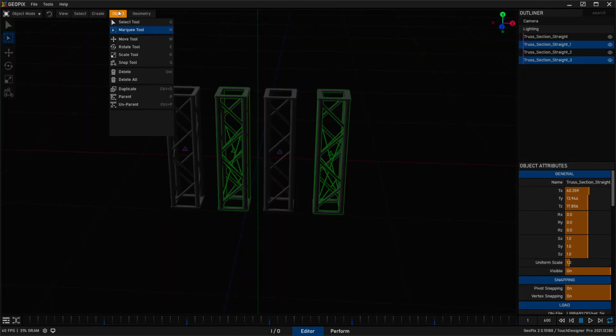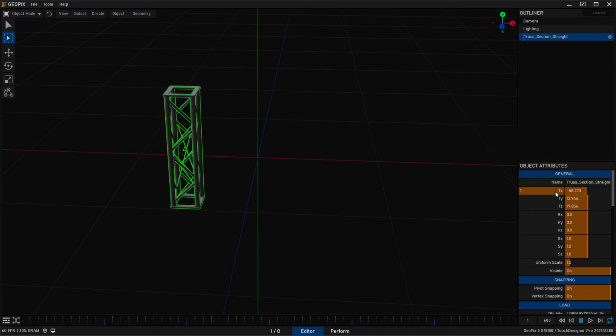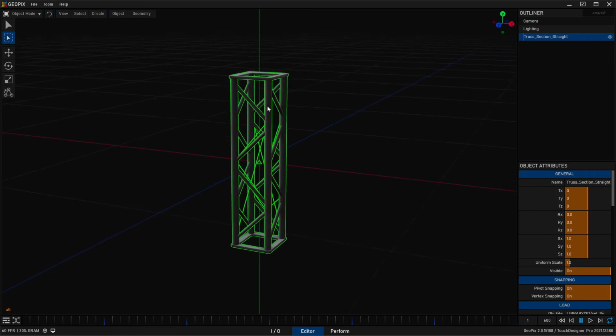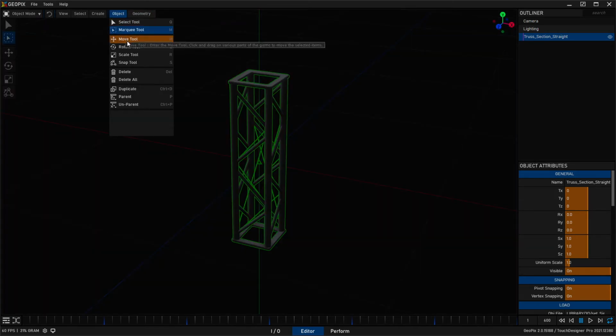All right, so moving on to the transform tools. Now I've been moving things around a lot in this video, and now I'm going to tell you how that works. So let's go ahead and position our truss in the center of our grid. I'm going to home my camera just to reset things, and if we go to the move tool,